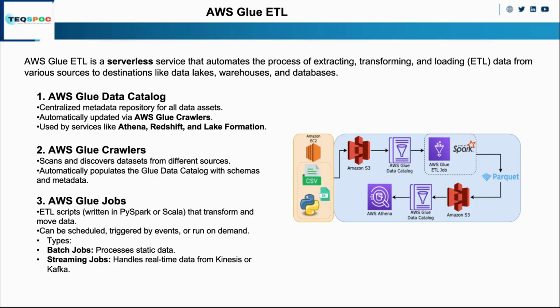This is where this session primarily focuses. We can create ETL scripts written in PySpark or Scala that transform and move data. It can be scheduled, triggered by events, or run on demand. Okay, so it has two kinds of jobs basically. One is the batch jobs, the other one is the streaming jobs. For streaming jobs, we can use either Kinesis or Kafka, and the batch one is simply reading the data from Athena and